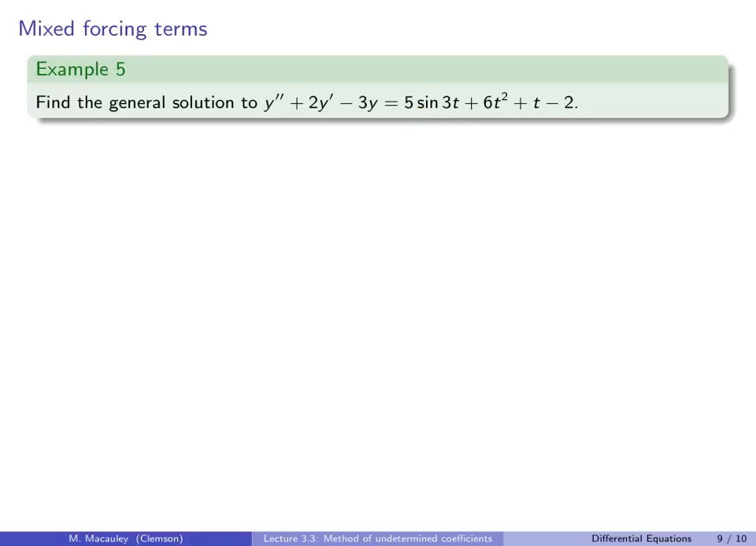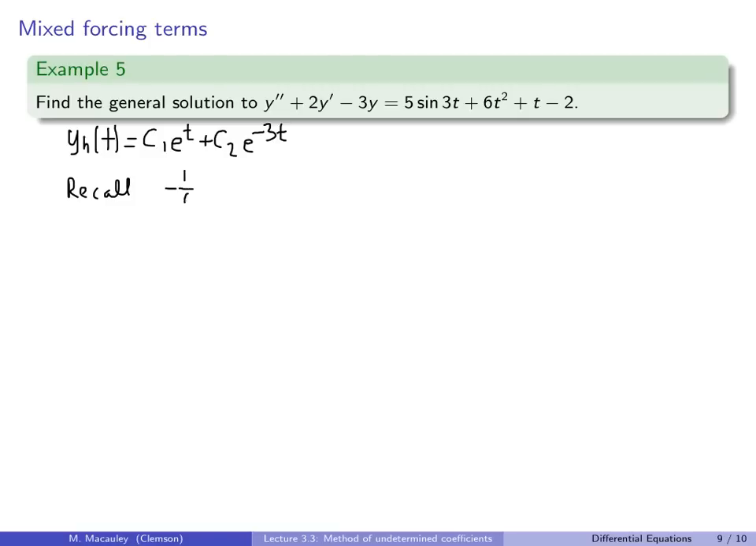So our next example has a complicated forcing term, but this is actually a combination of two that we've seen recently. So the first thing to do is to solve the homogeneous equation. We've actually seen this before, so the solution to the homogeneous equation is c1 e to the t plus c2 e to the negative 3t. And now recall from previous examples,